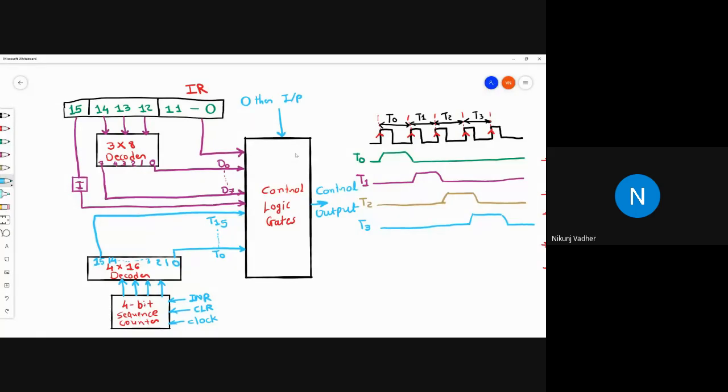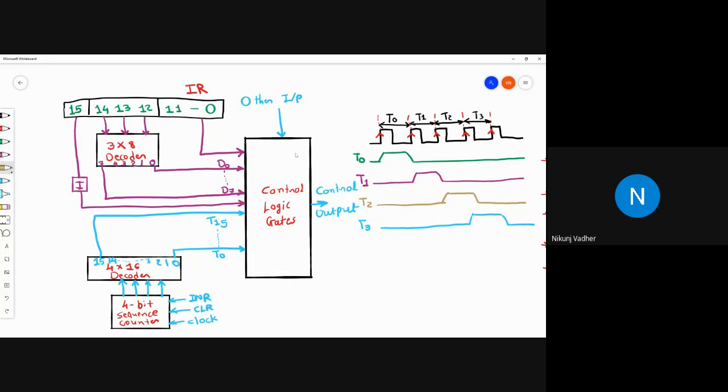So these are the timing signals. I've drawn them in different colors so you can have an idea of what the need of these timing signals is.